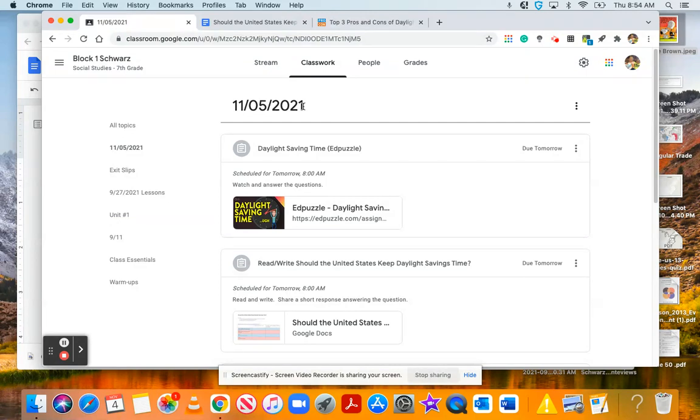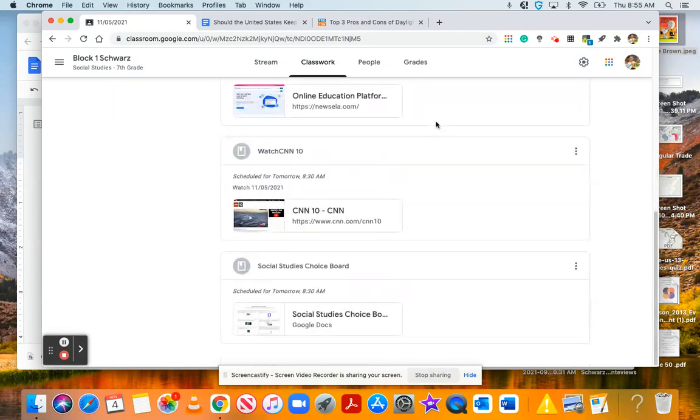What we're going to do today, we're going to learn about what daylight saving is. On Sunday, it happens. What does it mean? Today, we're going to think about it and learn about it. The order of how we're going to do things today: the first thing you're going to do is your warm up.